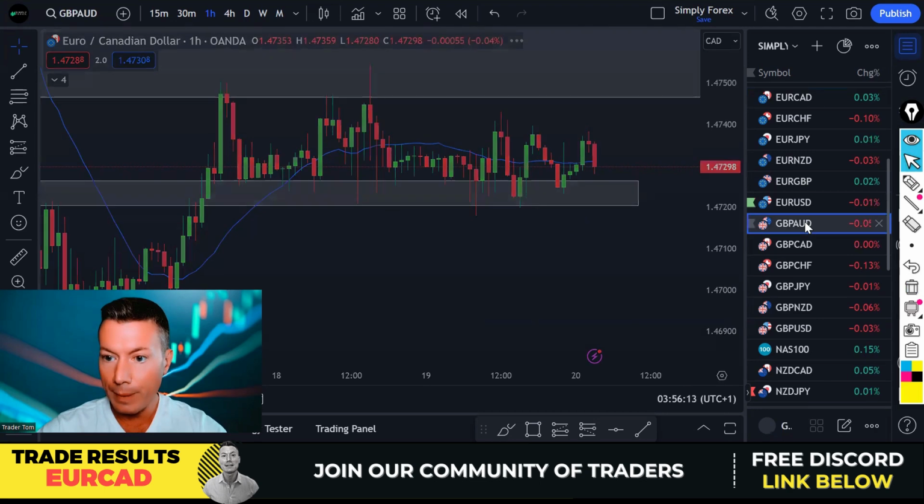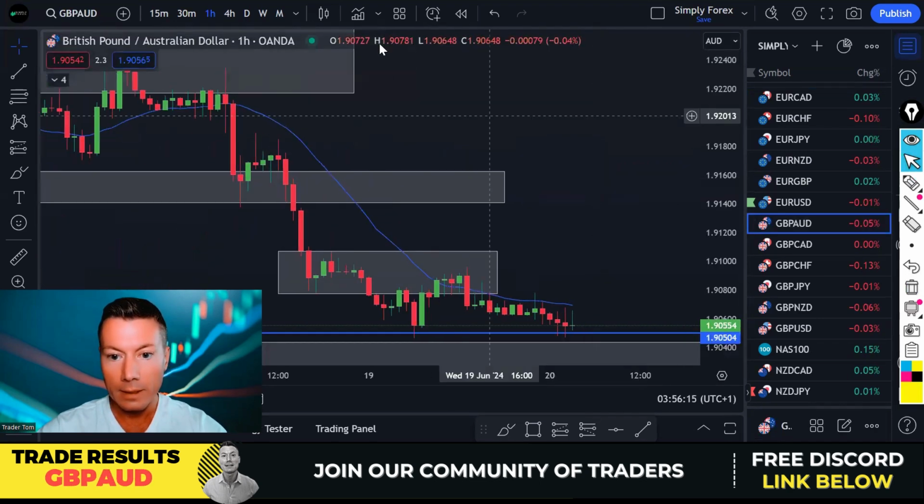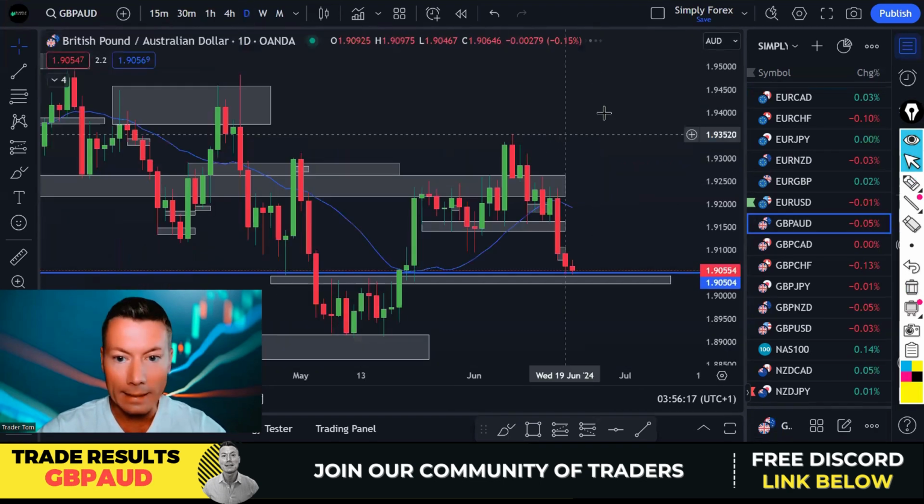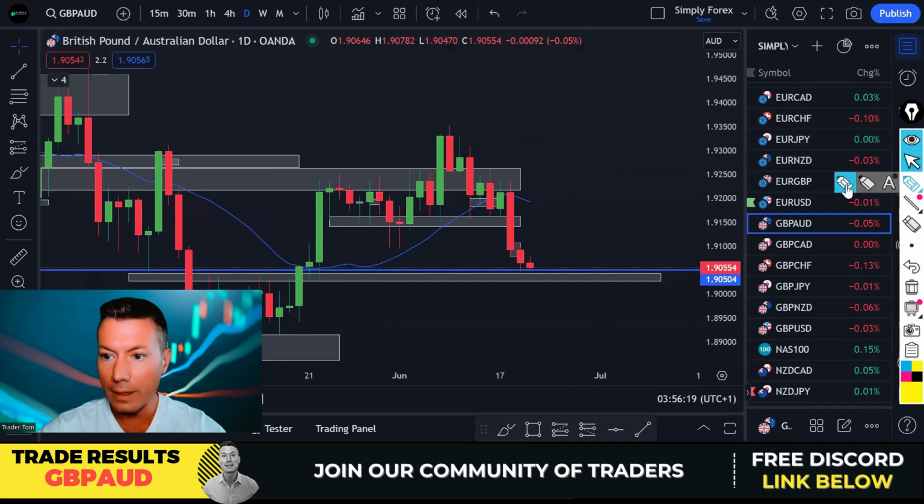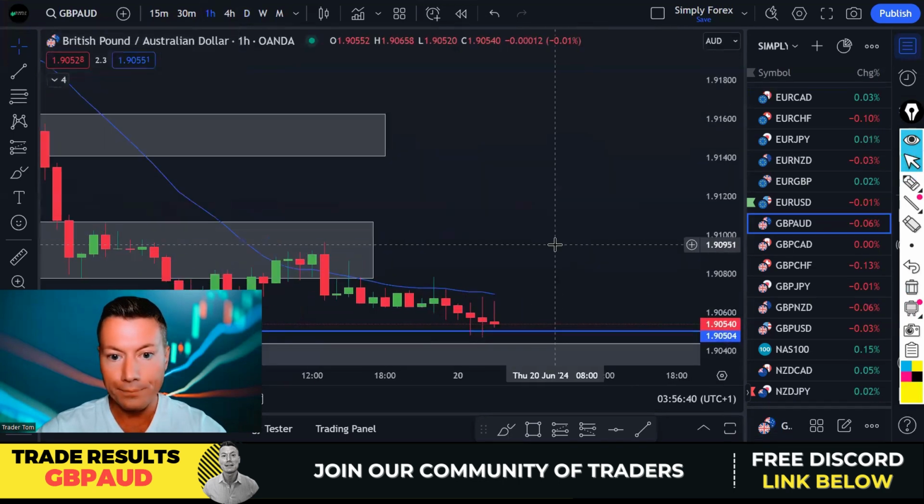And the last one was pound Aussie dollar. Yes, and we did get a little trade here, and I'll show you. So we were looking for sells. We were in this uptrend, and then price has broken down. We're getting lower highs, lower lows, downtrend. Nice big bearish candle. We were just trying to take it down to this blue line, and that's exactly what happened. Now, if you look on the H1,